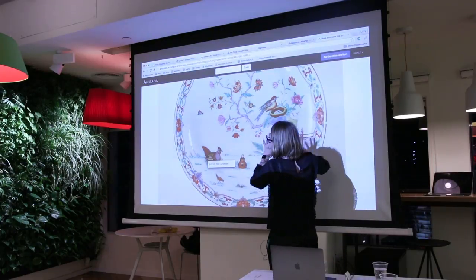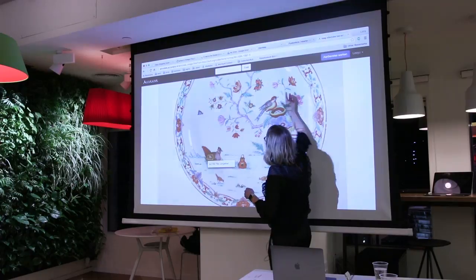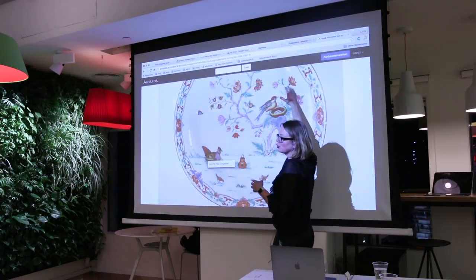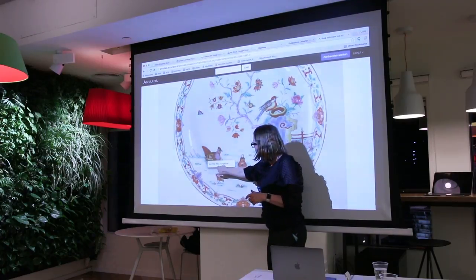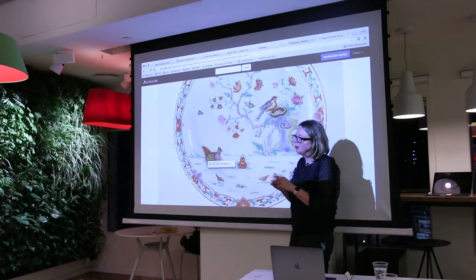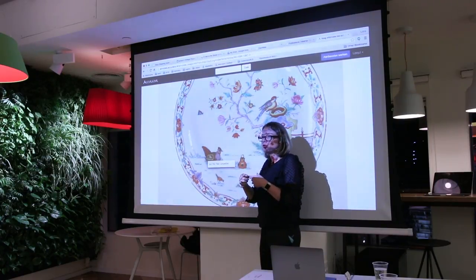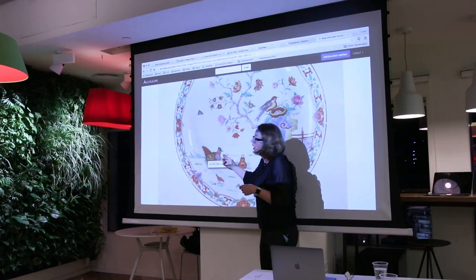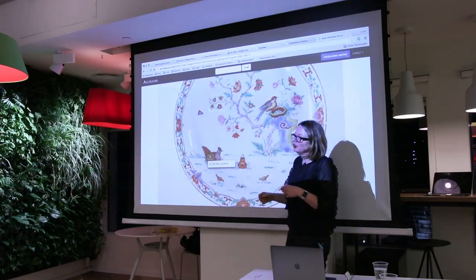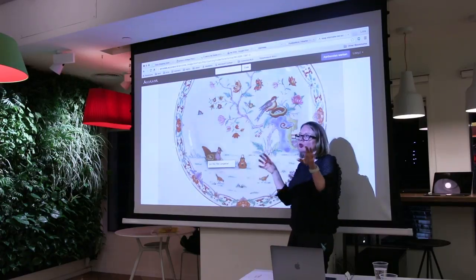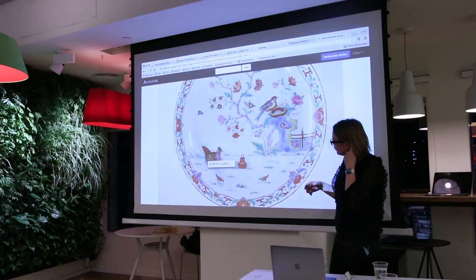So what we did was they would get an object and they would be able with a mouse to just draw a square, and then a field would pop up and they would be able to type the name of the bird, and we would use a bird thesaurus as an auto-suggest. So they would be able to click the bird that they were trying to describe, but they wouldn't be able to, you know, put complete rubbish into the thesaurus.